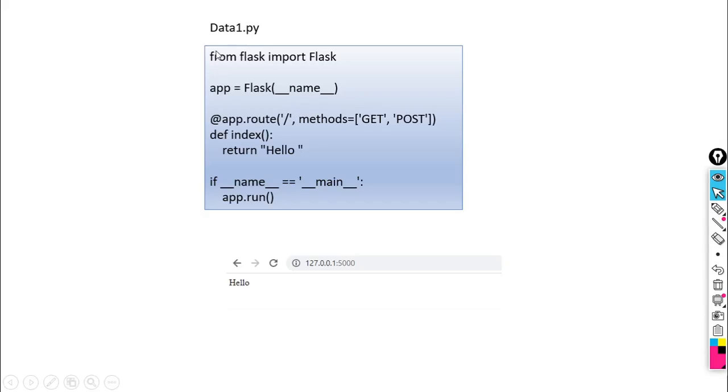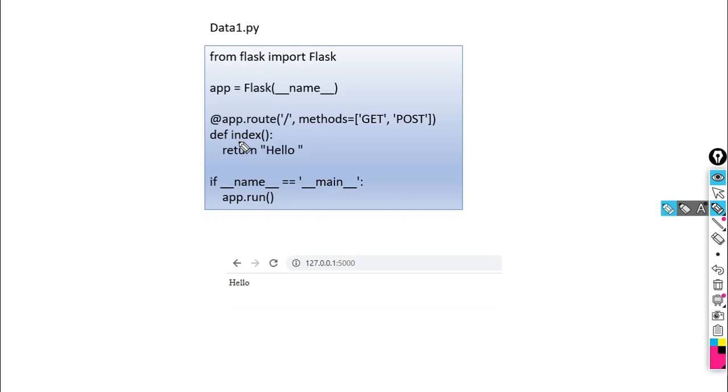So we have seen how we can import Flask in our Python script. This is the first one: from flask import Flask, app is equal to Flask(__name__). Here the home URL is defined, that is the slash, and we invoked two methods, get method and post method. These methods can be used to enter data to the form. Here we are only displaying the text. We are not going to enter any type of data. This is the simple script. With the help of this script we can display the text hello. We have seen this one, only we revise here.